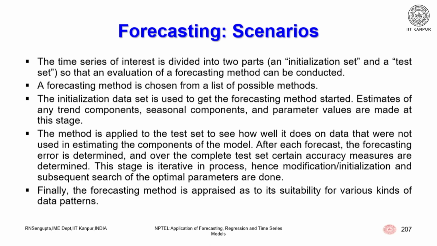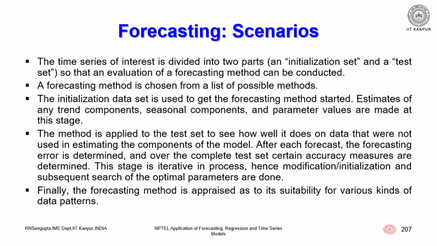So that an evaluation of a forecasting method can be conducted and then tested. A forecasting method is chosen from a list of possible methods. The initialization data set is used to get the forecasting method started, which I mentioned. Estimates of any trend components, seasonal components and parameter values which need to be found out are calculated. The method is applied to the testing set later on to see how well it does on the data that were not used in the estimation process in order to estimate the components